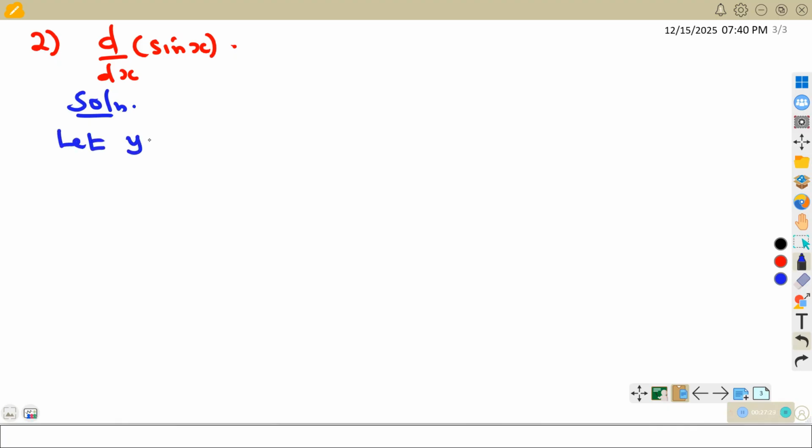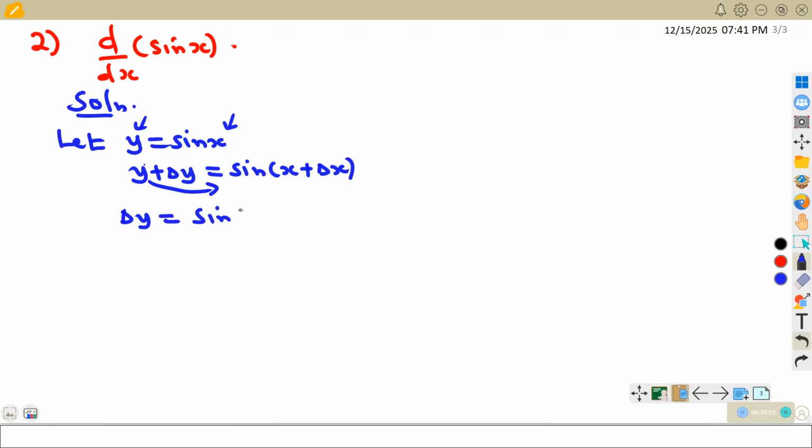First, let y represent sine of x. If y is equal to sine of x, a small increment in x brings about an increment in y. So for that case, y plus delta y is the same as sine of x plus delta x. An increment in x brings about an increment in y. From here, you are interested in remaining with dy dx, so take this one to the other side. Get delta y, which is equal to sine of x plus delta x, then subtract y. Take y to the other side. y is sine of x, so I will have sine of x. So delta y will be the same as